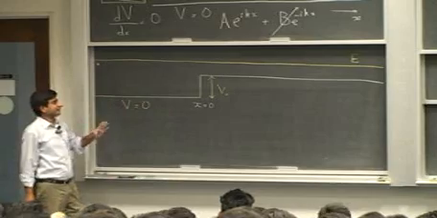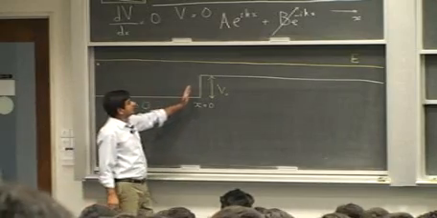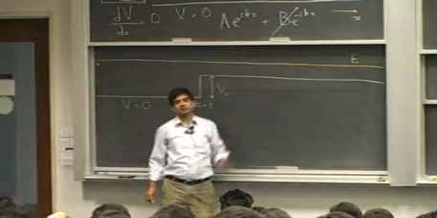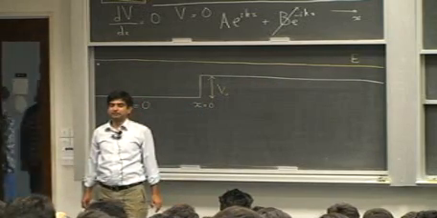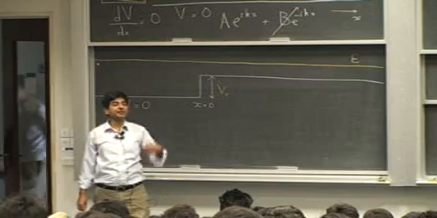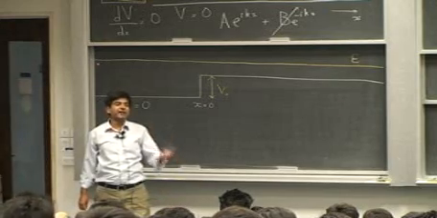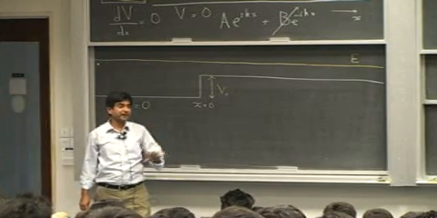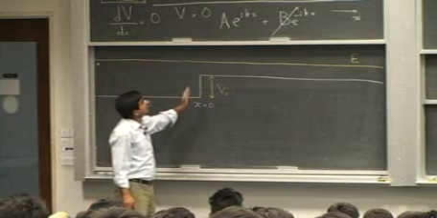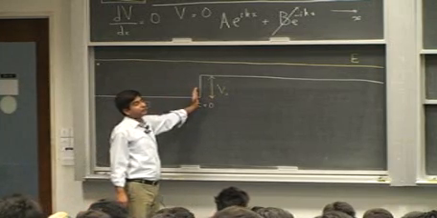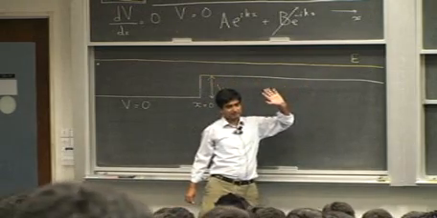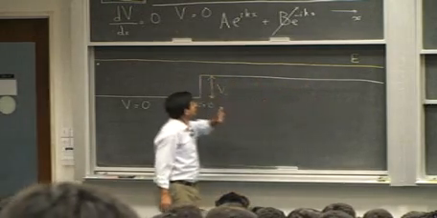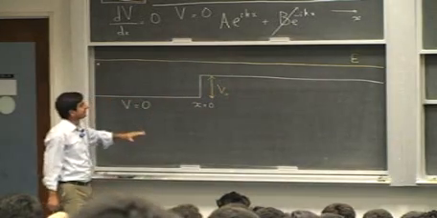Now what do you expect classically? Can the particle penetrate into this region? Yes. Why is that? Because its energy is higher than the potential energy. Its kinetic energy is going to be reduced, but that's okay. Still the particle has enough leftover kinetic energy so that it propagates into this region. Okay? So now let's write down the wave functions.